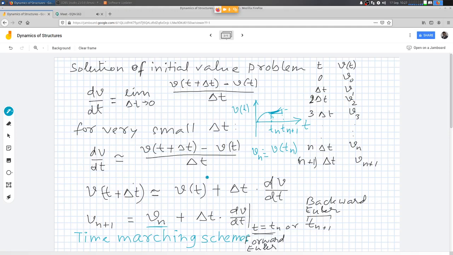Now often the problem is, I mean, it's very easy to say, but the problem is this gradient function dV by dt is often a function of obviously time and the unknown variable. So dV by dt, if I try to find out what is the value of this gradient function at time t at the end of this interval, I need to have an estimate of what is the value of V at the end of this interval, which is what we are trying to find out.